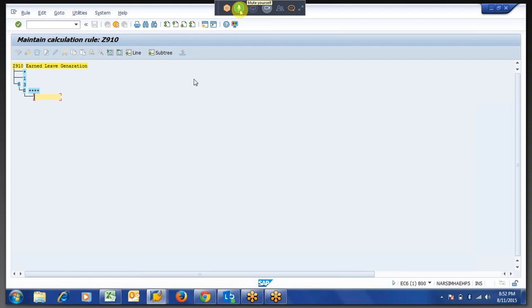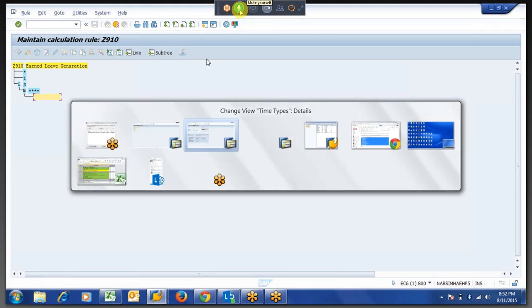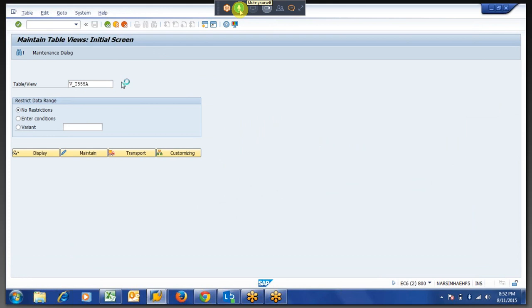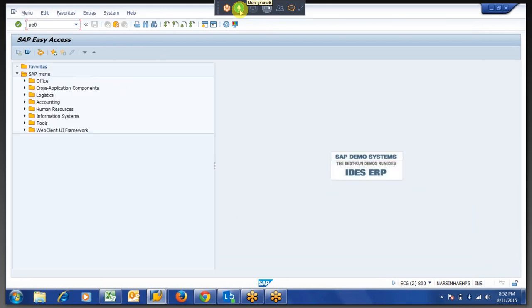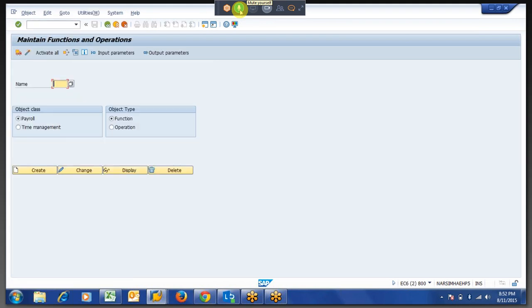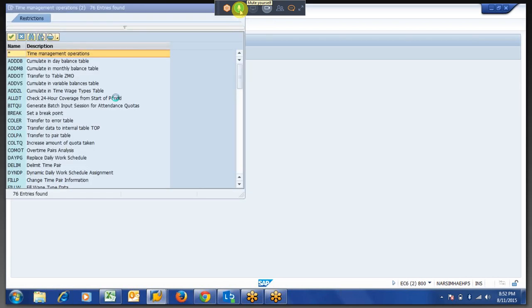If you ask how I will know what to write over here, it is given in transaction PE04. Here you have an option, time management, and if you select operation and open this, you will get all the operations that are there.